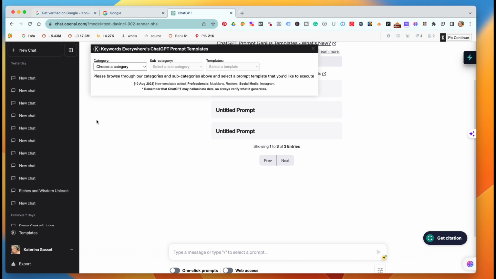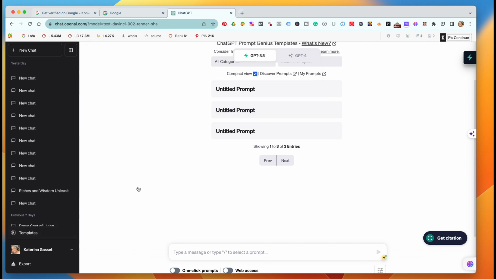Okay, that's for Keywords Everywhere. I don't want that. Anyway, that makes your workflow much faster when you're writing content